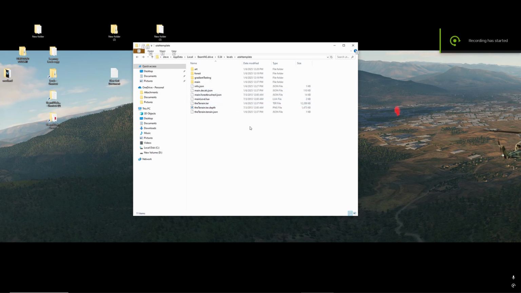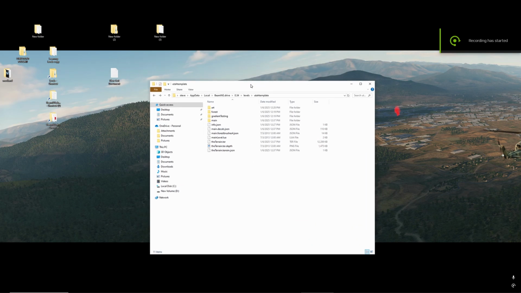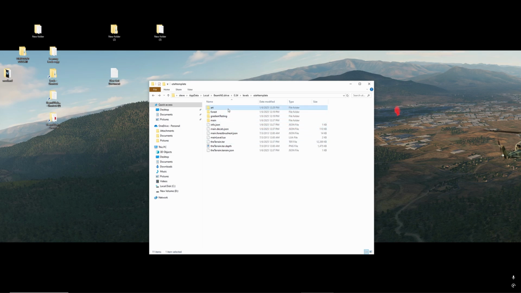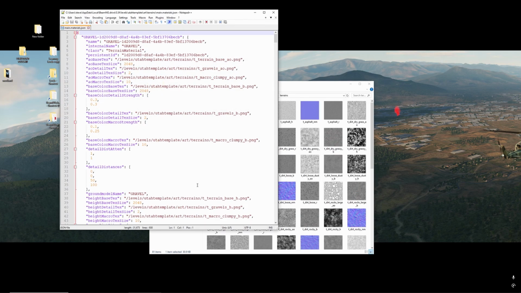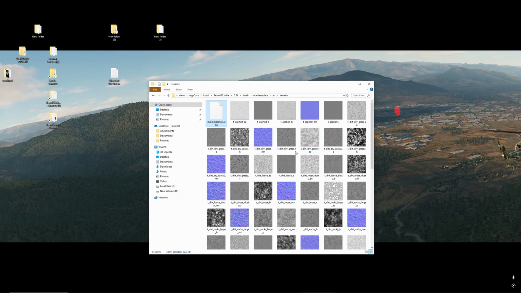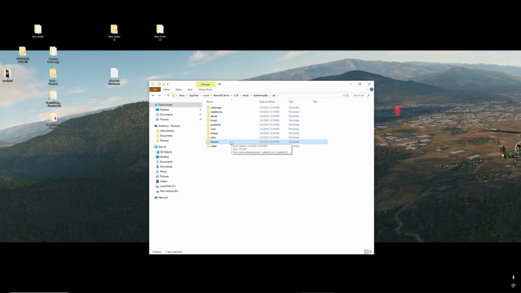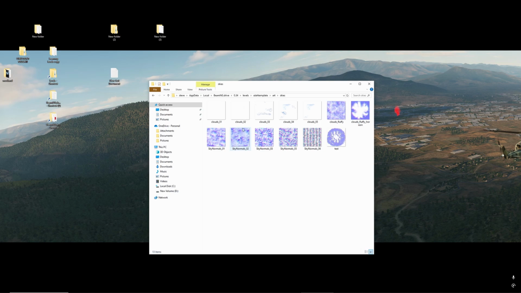Alright, so to clean this up, just a few things. All I want to really do is go to art. That's where all the massive amounts of data are. To start, let me just check this, make sure that's good. Utah template. This directory is already done because the JSON's already been repathed. So for everything else,